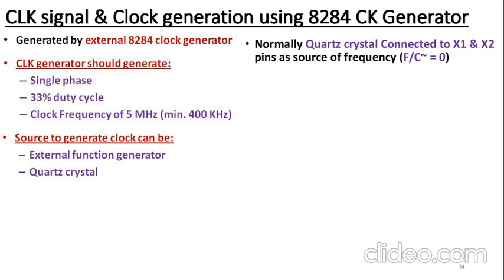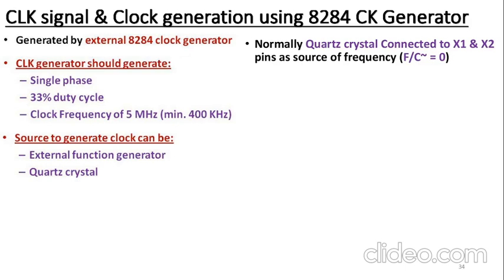Now here it is clearly stated F/C bar is equal to 0. Whenever crystal is to be used as a source of frequency, this F/C bar signal should be logic 0, because C stands for crystal, that is C bar. F is function generator, external function generator. So whenever F/C bar is equal to 0, it means we are connecting a crystal as the source of frequency between